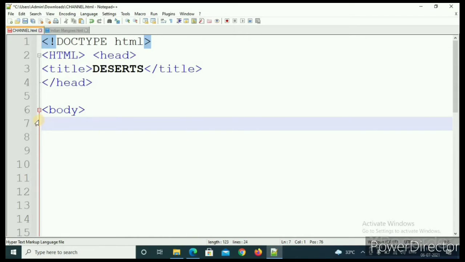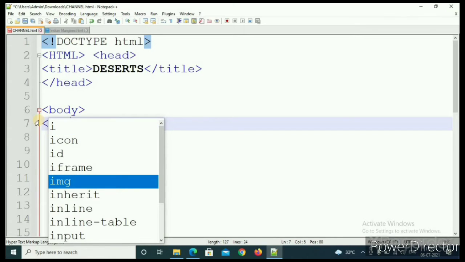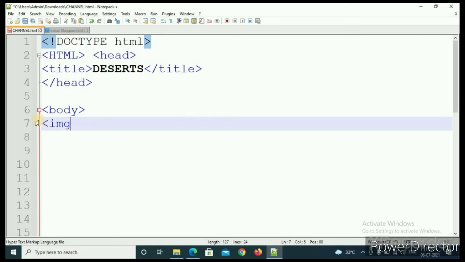Then here you have to type the opening angle bracket. Then type img, shortcut for image.